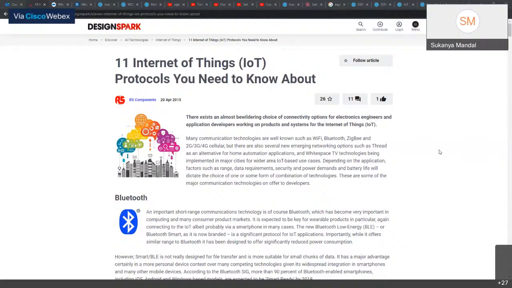IoT is capable of working with both constrained bandwidths as well as highly available bandwidths like our normal HTTPS and internet protocols. So accordingly, there are.